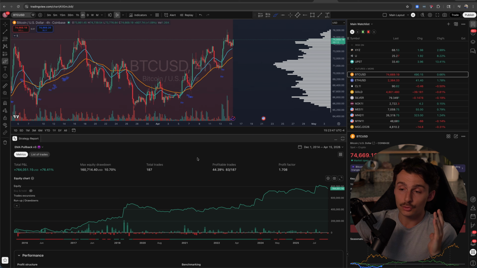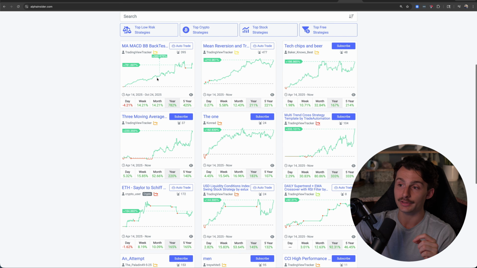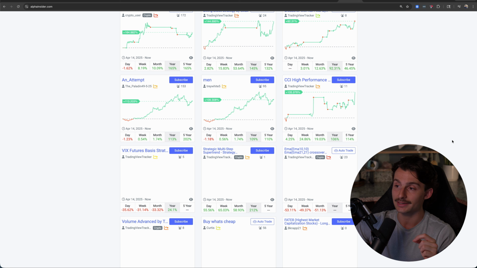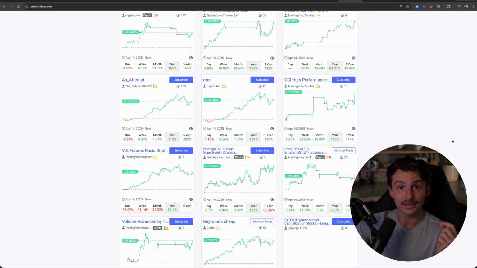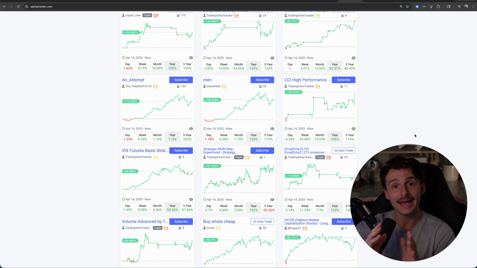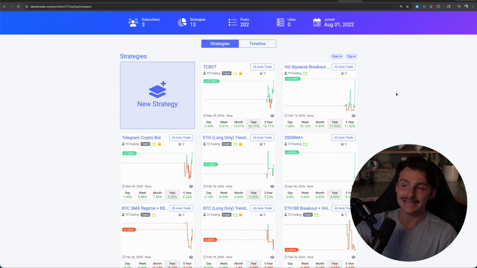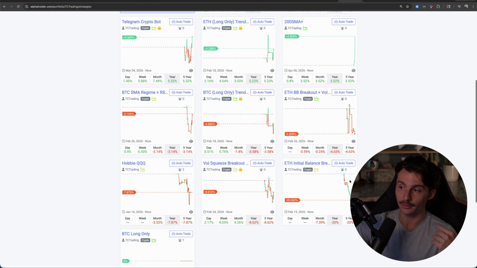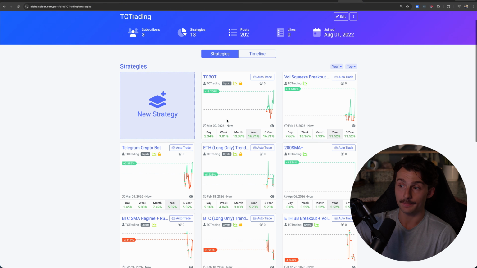That's the game. Now, while this is great and all, just because we have a backtest does not mean this is a profitable strategy. If we were to take this backtest and forward test it, which is what we do on a site like AlphaInsider, all these strategies are forward tested, you get to see how it actually trades when it's trading live, not just how it would have traded with historical data. Here's an example of a bunch of strategies that I have brought in from TradingView and I'm now tracking on my portfolio. Some not doing great, some doing pretty good.